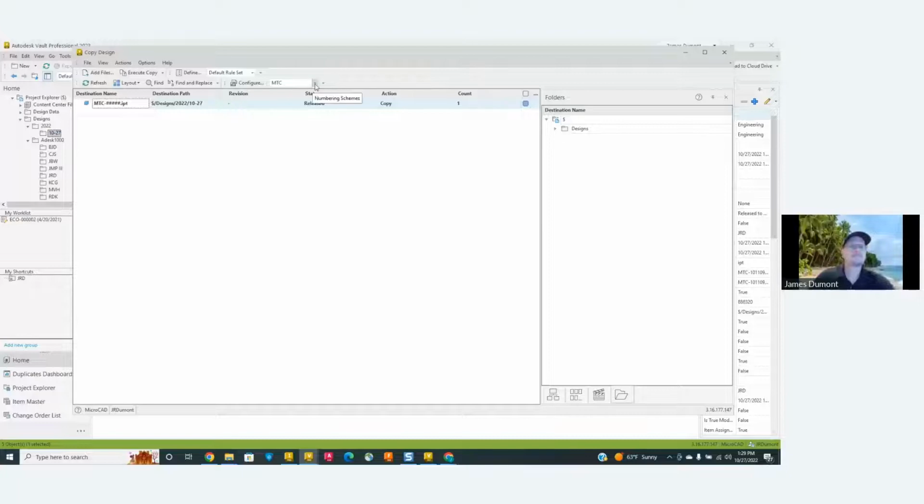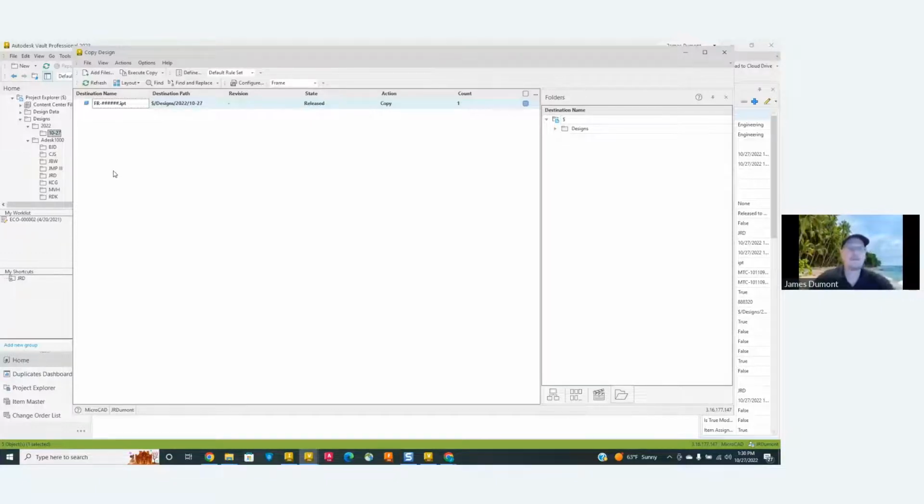Changing this doesn't do anything. It just changes your default for the next one that you want to do. So I do frame, change scheme to frame. It'll update it. So that's something that you have to do. But these files will use your automatic numbering to give you the most consistent numbering schemes built in. And they're always going to give you unique file names, which is something that we're looking for.